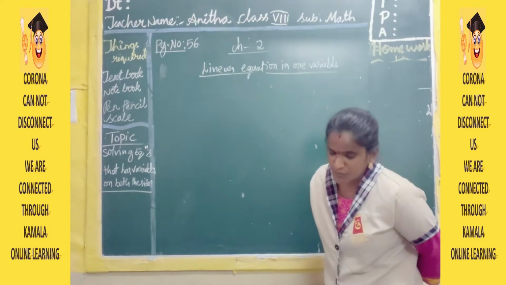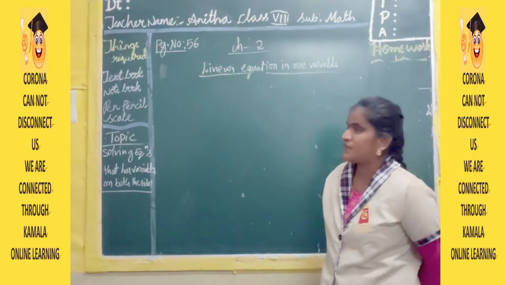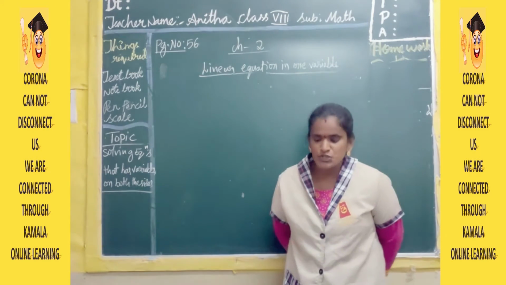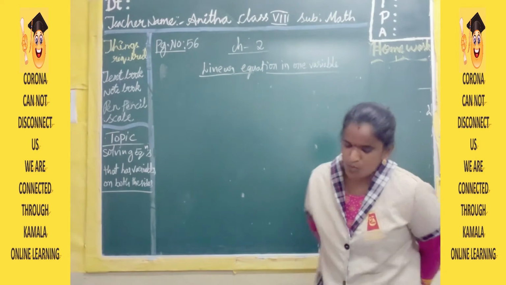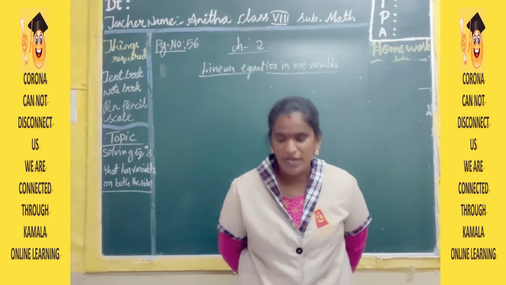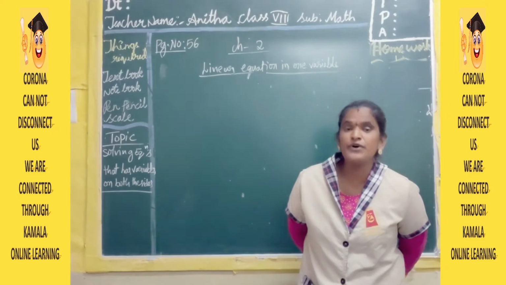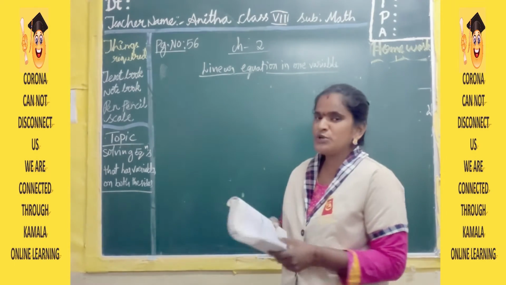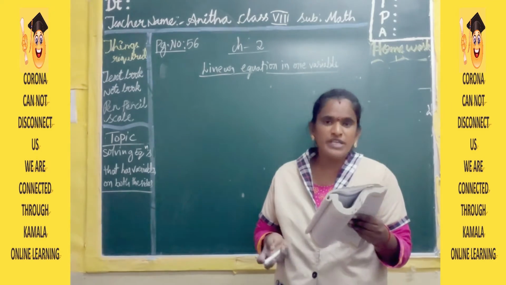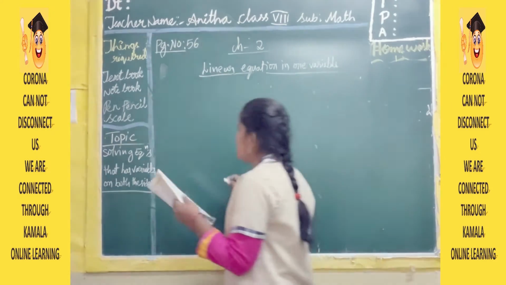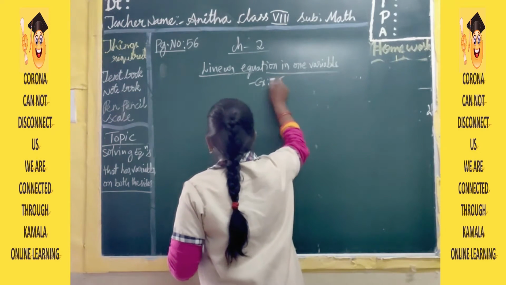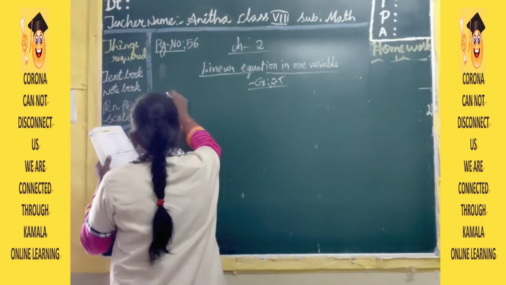Now, everyone open your textbook, that is page number 56. Okay, children? So, in that, exercise 2.5 problems are there. What they said in exercise 2.5, first bit, solve the following questions. We need to solve the following given questions. First one, exercise. Look at the board, everyone. While explaining time, you have to observe the board.